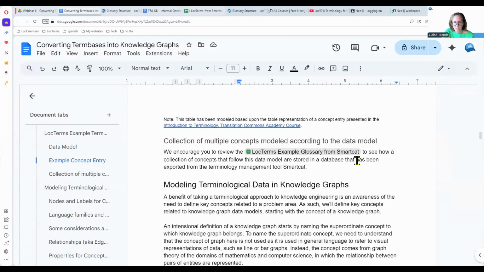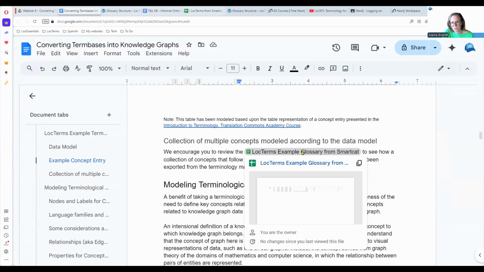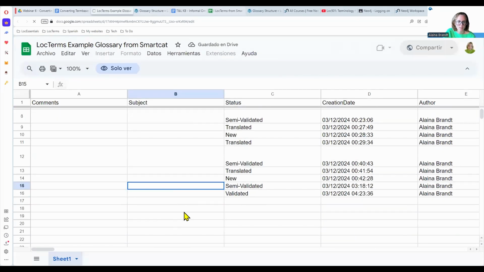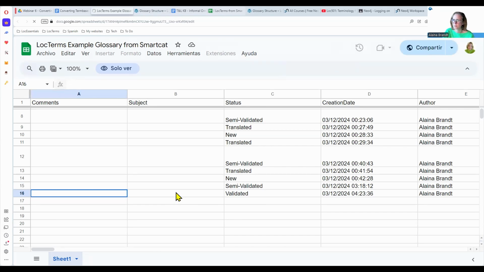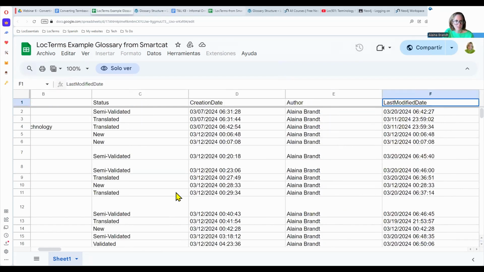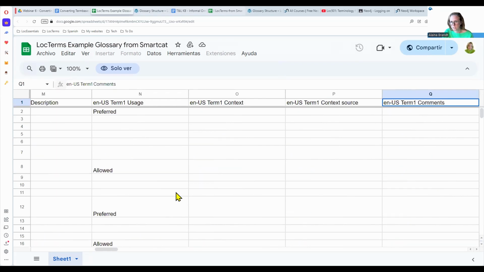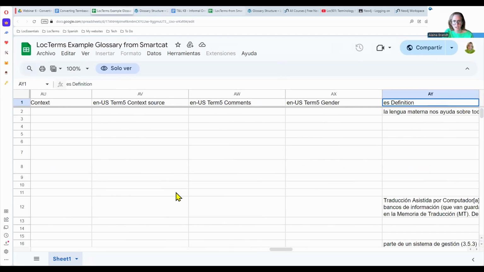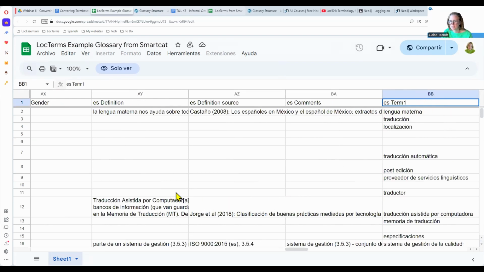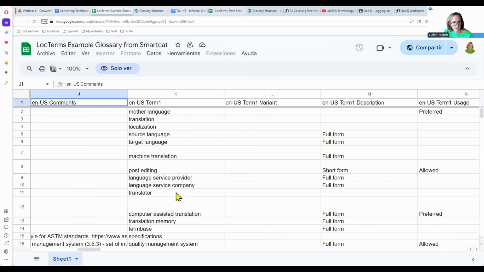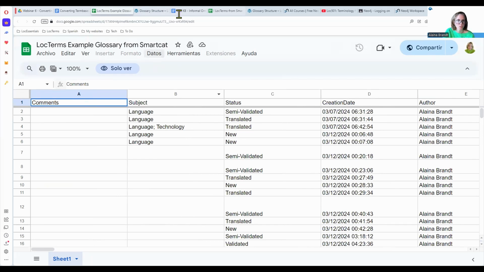And if you're interested in seeing multiple concepts modeled according to the data model, this is a small selection of an export of a SmartCat glossary. SmartCat is a computer-assisted translation tool, and this is a small selection of a glossary that has been exported from SmartCat. So you can see there are columns upon columns upon columns of information here, because every time there's a new term block, it duplicates a set of columns, the set of data categories that are being collected about terms. So later on, we'll see how we take a database like this one that is just huge, with all of these columns, and reconfigure it in order to import it into